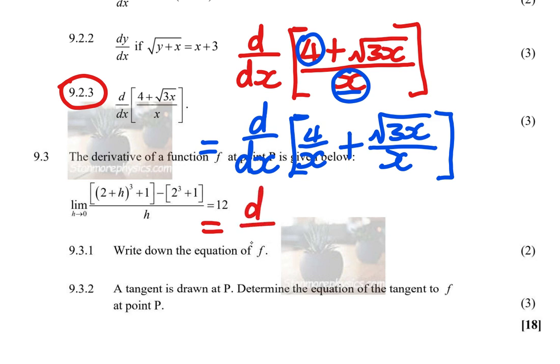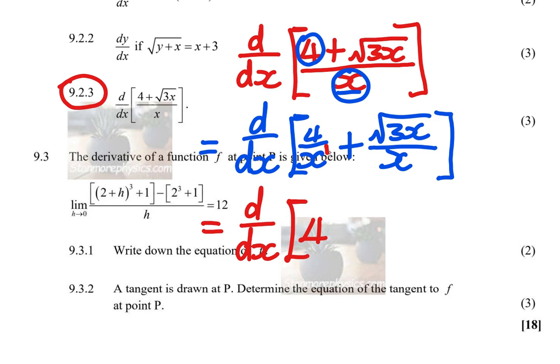Now the next thing that we're going to do, I'll write equal to, so we have d over dx. Now what we need to do, guys, if we have 4 over x, is take the x and bring it to the numerator with the 4. So the x needs to go up and be on the same level in the numerator with the 4. So I'm going to write 4. Then if I bring this x to the numerator with 4, what's going to happen to it? This is how we're going to do it. x has an invisible exponent of 1,